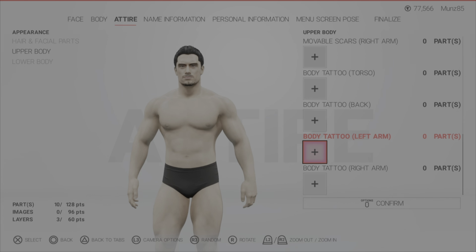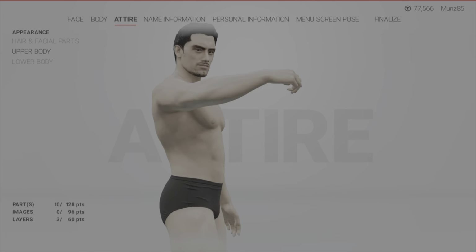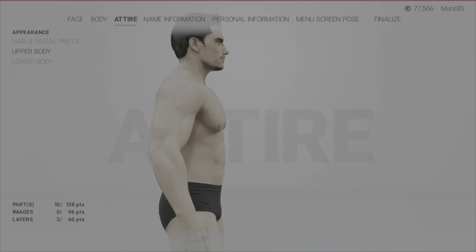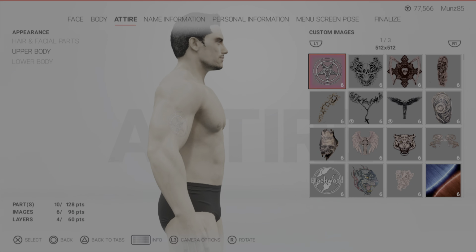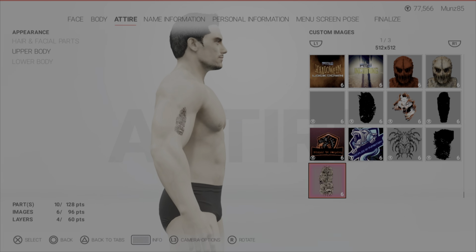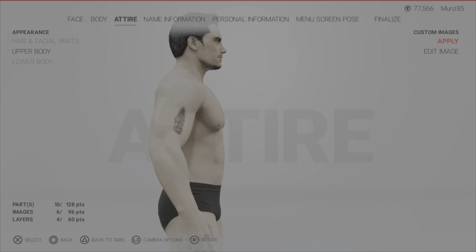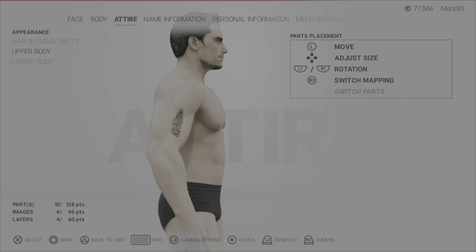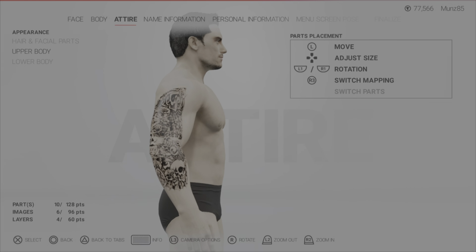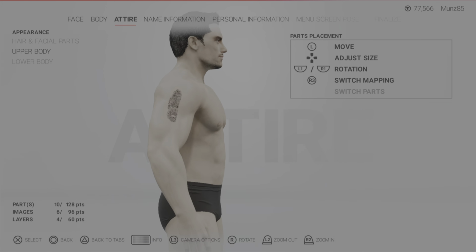And now we've gone to add in the tattoo to the arm. So we'll use the right arm as an example. Go to our images, go to our custom images as well, and then it should be down the bottom as usual. And that is our tattoo there. So we'll apply that, and then this is when you can move things around. Obviously you've got the switch mapping, which makes it look like this, which you can see if you move it up, it does cut away some shoulder, which I don't normally use. So what I normally do is just